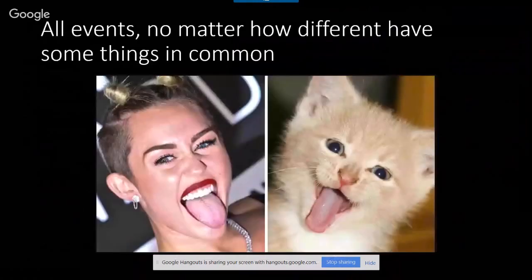Although those events are very different, there are some similarities which you can expect with most events in general. These are things that all events have in common.